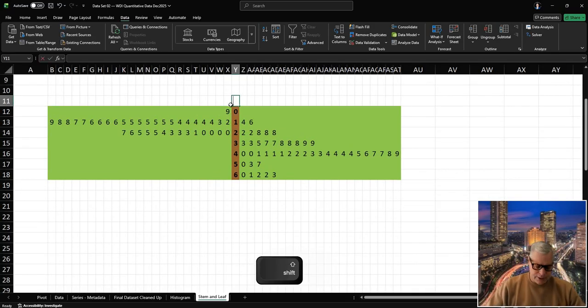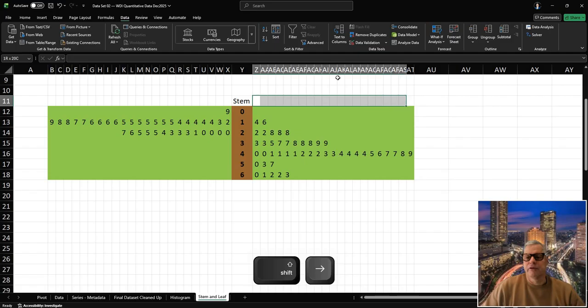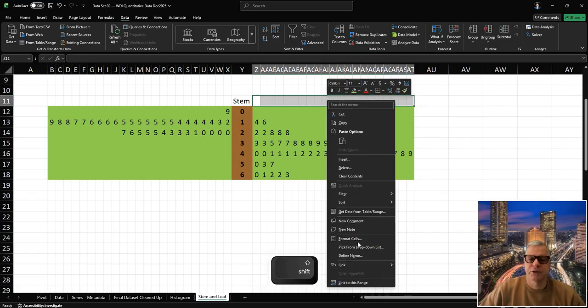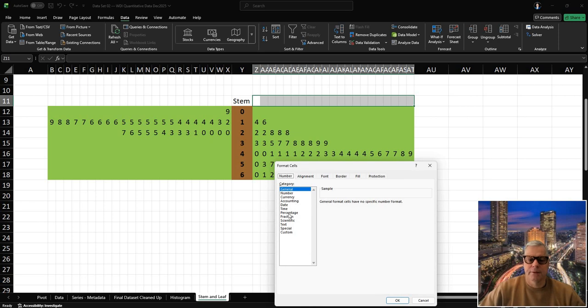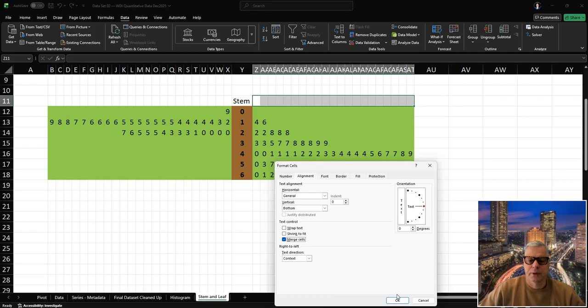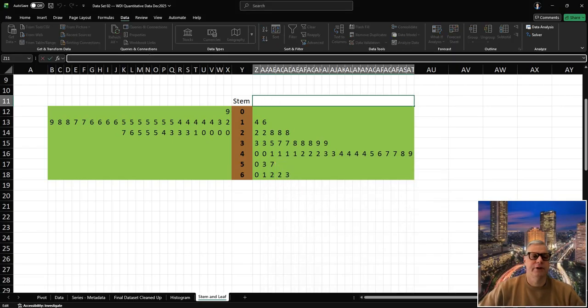We can say here this is the stem, and then here we merge those cells, and then we set to the right. So we go format cells, merge, and then we can say this is